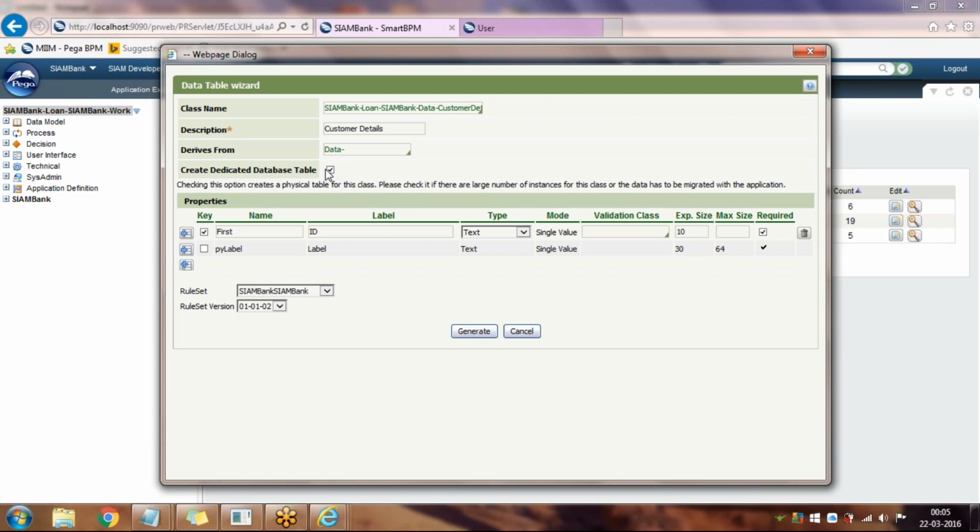If I don't check this checkbox, it will be connected to the PR_Other, PR_Default table. If we check this checkbox, this wizard will create a table in the DB, PR_CM_Loan_, like that. It will create a separate table for this. First name,